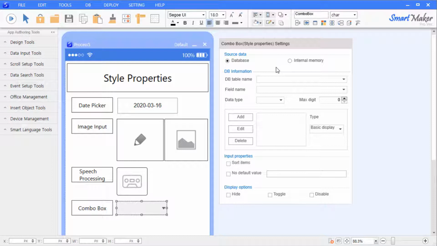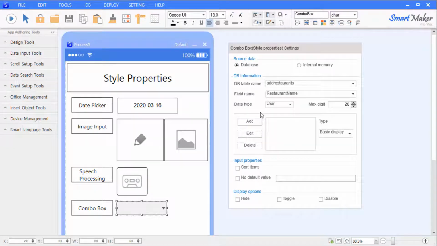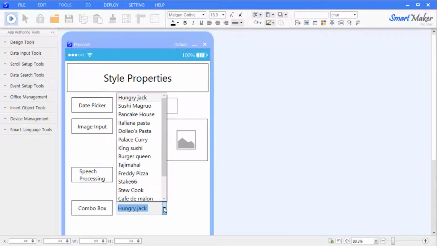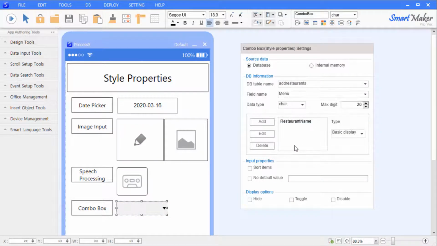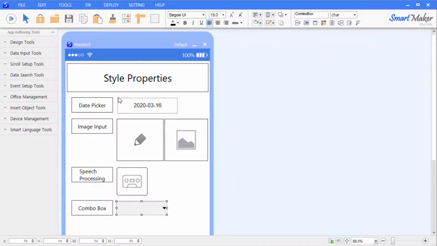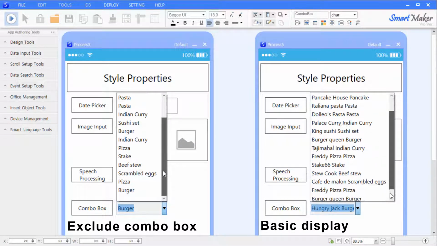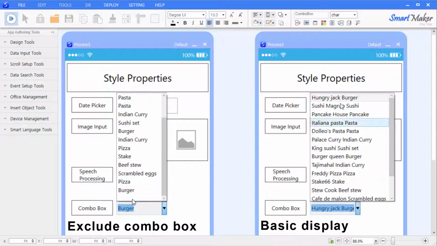DB data can be configured specifying the DB table name and field name of an existing database. Let's select the table that we previously created in My Favorites app and select the field to add. When you switch to Run mode, the data stored in the table will be listed in the combo box. Let's also add menu field from the table, and edit restaurant name field by selecting Exclude from Type combo box on the right side of the Properties window. Then, when you switch to Run mode, you can see that there are two fields specified, but the data stored in restaurant name field is hidden from the combo box, and the menu field can be viewed in a list